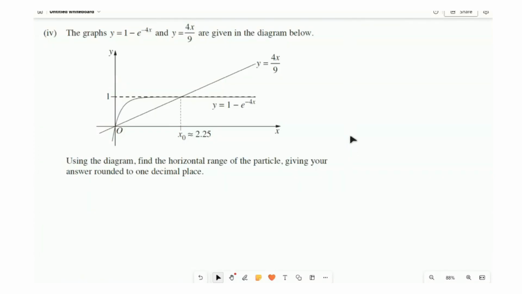Okay, now let's go to 13C part 4. Now what you have to do, using this diagram on the whiteboard, is find the horizontal range of the particle, giving your answer rounded to 1 decimal place. When you are talking about the horizontal range, it means the particle is now on the ground, so that means